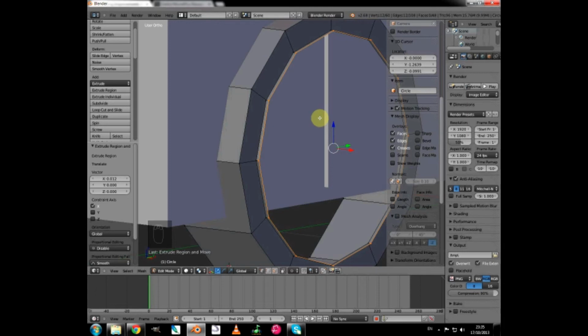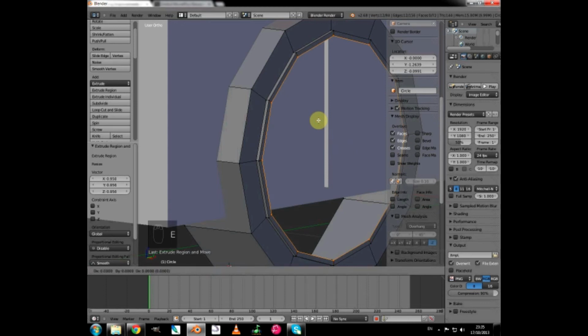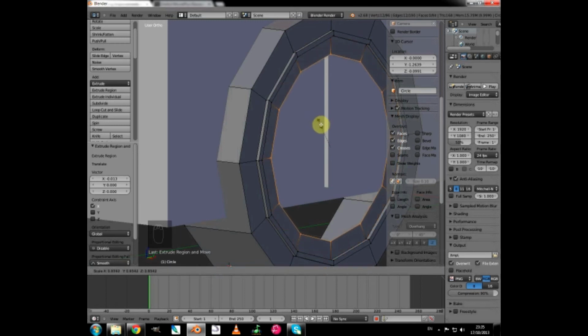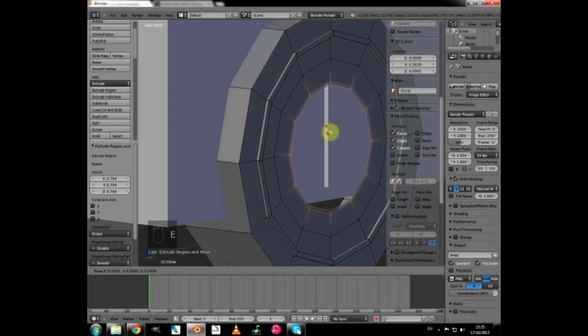Press E again, S to scale, pull it in, E, X, and make that lip, E, S, and just push it in again, E, S, push it in, and then finally E, and then click